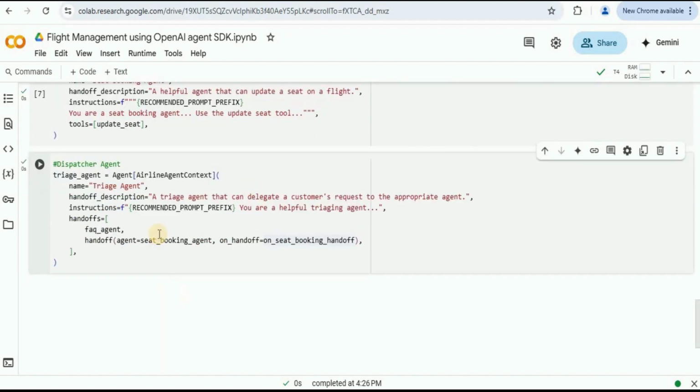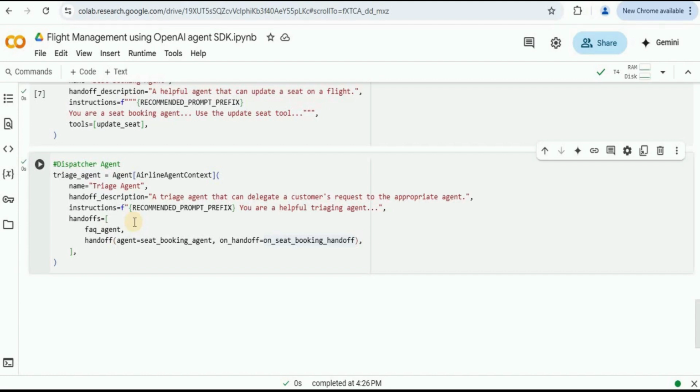So now the flow will be like so. Firstly, the user request will come to the dispatcher agent, who will look at whether the customer request is related to the FAQs or related to updating the seats. If the question is related to the FAQ, then the triage agent will dispatch the request to the FAQ agent, which will then call the related tool in order to process the request.